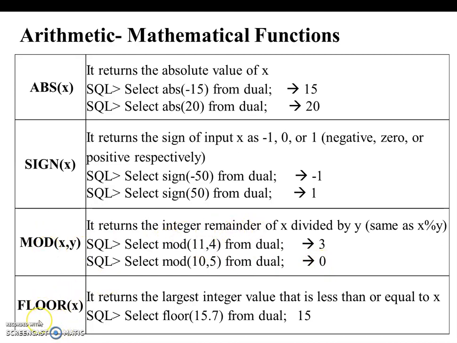Next one is the floor function. The floor function returns the largest integer less than or equal to a particular x value. So if I have given a number in fractional or floating point form, then it will return the result by keeping just its whole number. For this case, 15.7 will have the output 15. If I give the number 16.2, then the result will be 16. So like that it will return the lesser value. So 15.7 is 15.